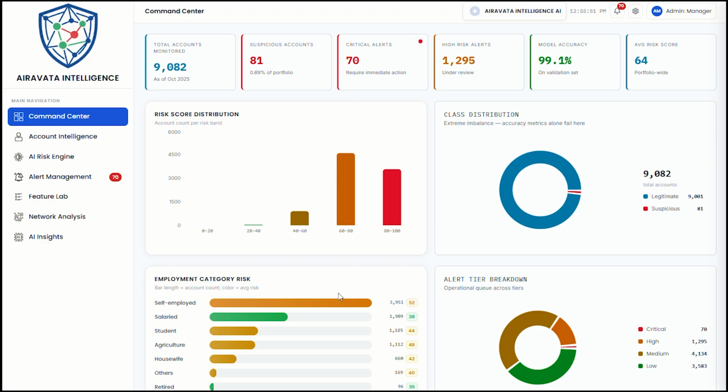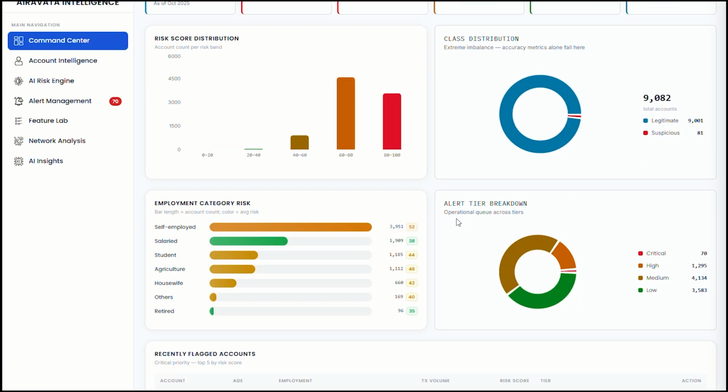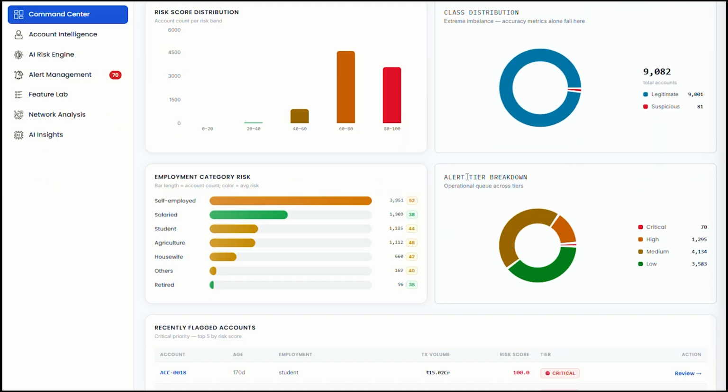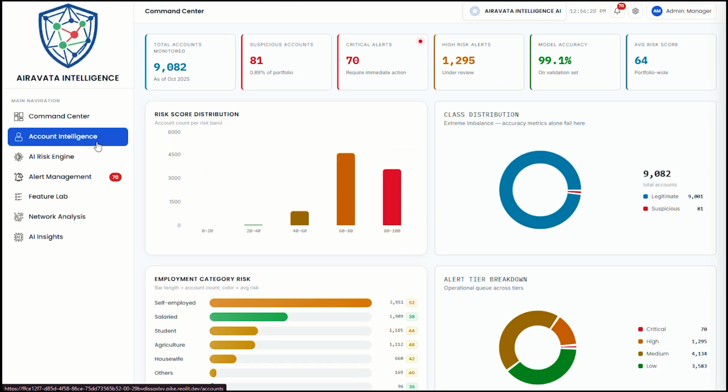The technical foundation of MuleShield is explained as that an XGBoost classifier is trained on 9,000 accounts. Like you can see, it has been trained on 9,000 accounts, and among them 81 accounts are suspicious, 70 are critical alerts, and 1,295 are high risk alerts. It will also tell you the model accuracy and average risk score and other details you can see here. It will be shown in graphical format, in pie chart format, and recently flagged accounts will also be shown here. Then we have account intelligence,